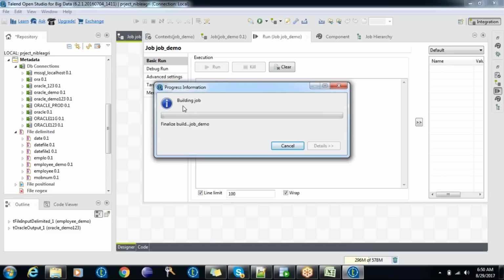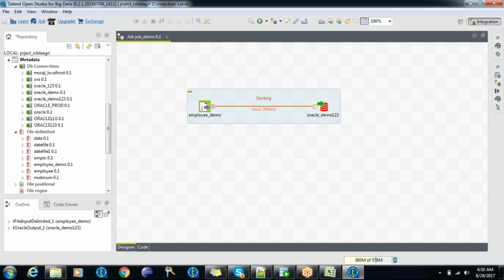So if you click on the run button, it will execute this particular Talend job. The job was executing and it loaded around 16,903 rows to the target. So Mahesh,